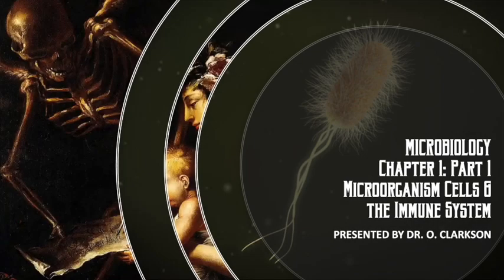For chapter one of microbiology for this class, it's pretty straightforward. We're just going to go over some of the key principles of microbiology. We're going to talk a little bit about microscopy, and then we're going to talk a little bit about our defense system, right? So you have your innate as well as your adaptive immune defense system. So we're going to go into details on all those different elements. Throughout the semester, we're going to go into much more detail over,